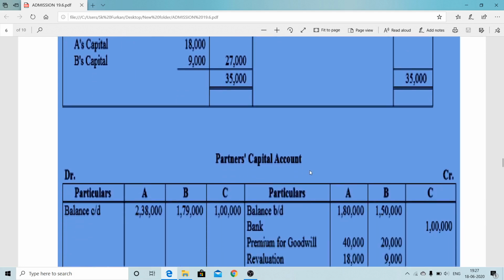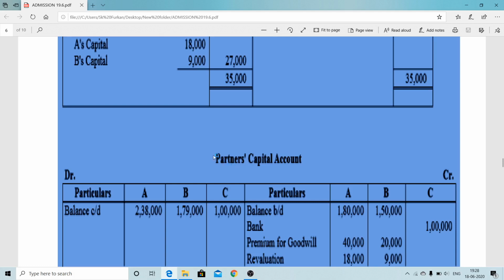Now after that is the partners' capital account, the second last part of this problem. Then we will open the new balance sheet. I have a little bit of an idea from the second chapter, that is change in profit sharing ratio. Before starting that chapter, I told you that we will get more similarity from the second chapter. Therefore we did change in profit sharing ratio first, then we enter admission of a new partner, so it will be easy to learn.